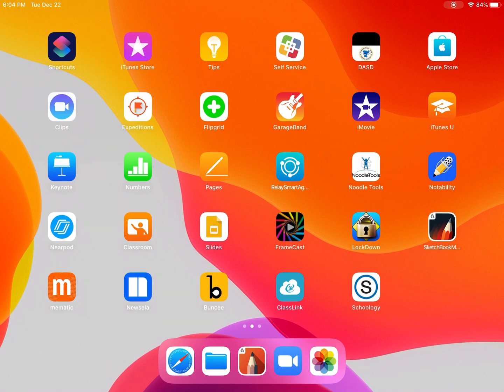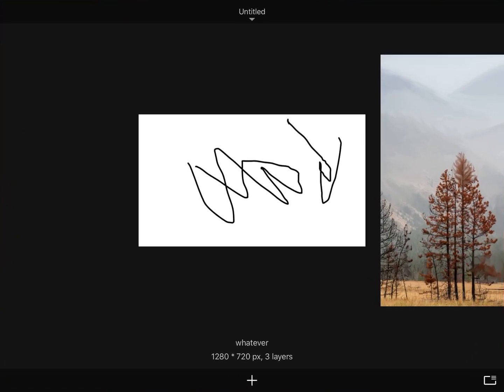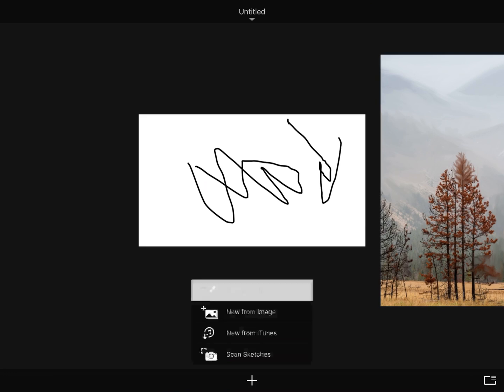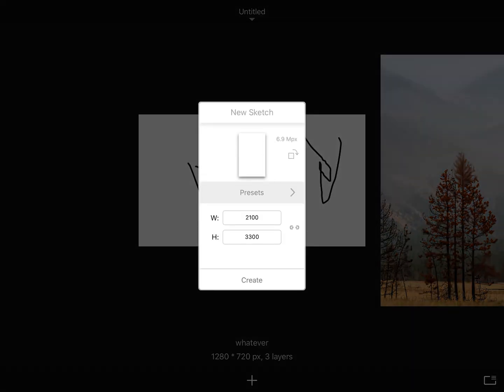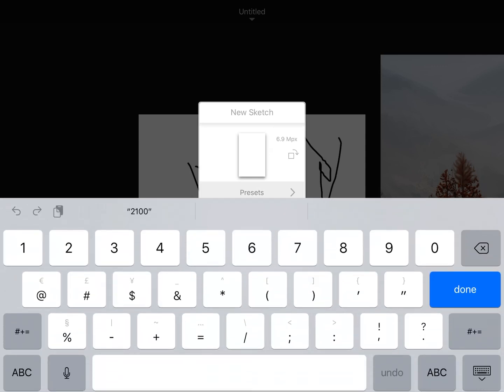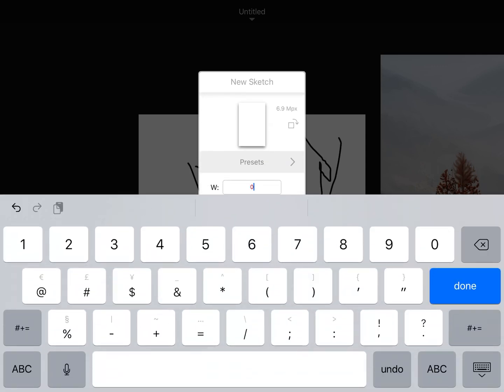All right. For this, go ahead and open up Sketchbook to start. If there's anything in here, we are going to want to just go ahead and make a new file. You can hit the plus sign at the bottom and go to New Sketch if it did not do that. Your dimensions for this project will be as follows. These numbers should be swapped. So whatever the width is, I want you to make that